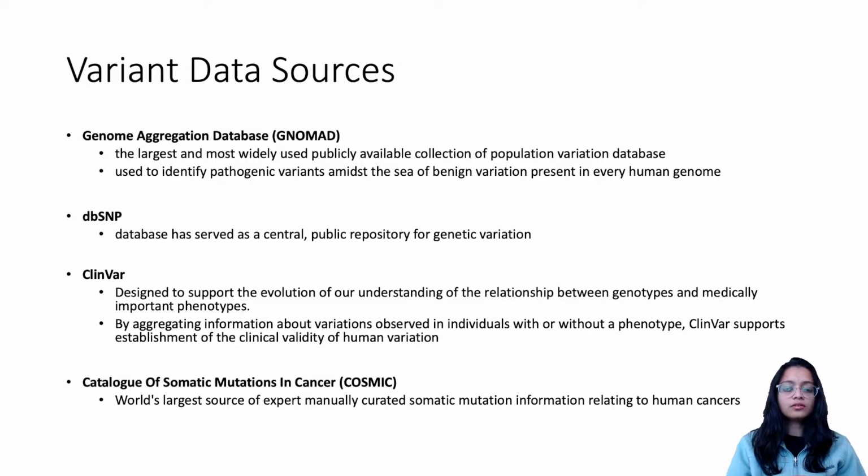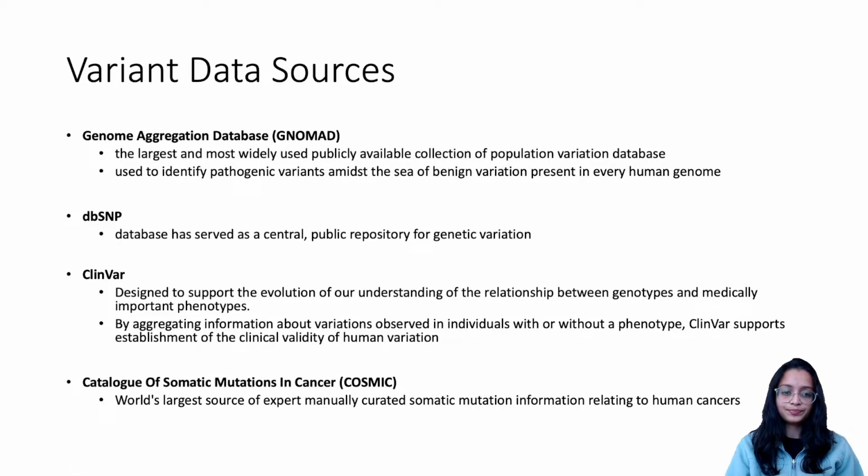So depending on the type of question that you are asking, or whether you want to find out whether this variant is linked to a cancer or linked to a particular phenotype, or is it a commonly occurring variant, you can use one or multiple of these data sources while annotating your variants. And I will demonstrate how we use some of these data sources when we are annotating the variants using Funcotator